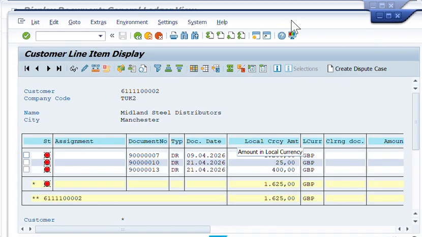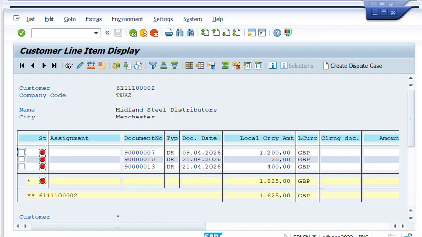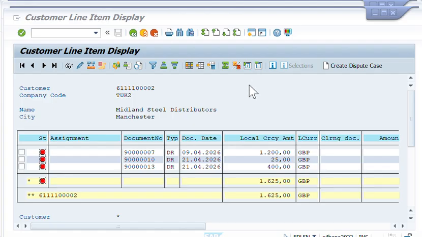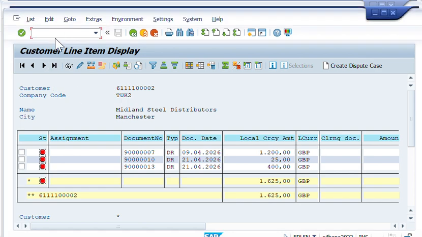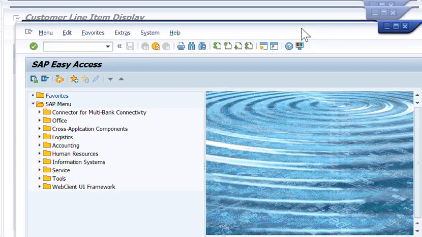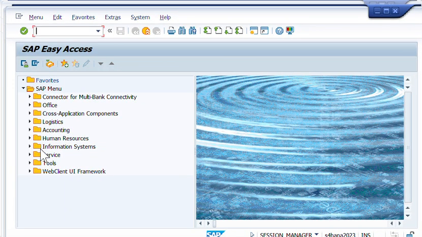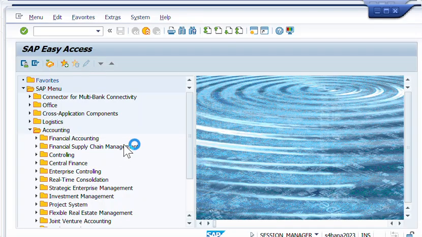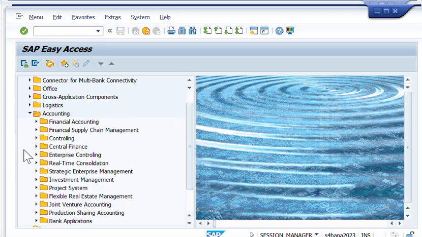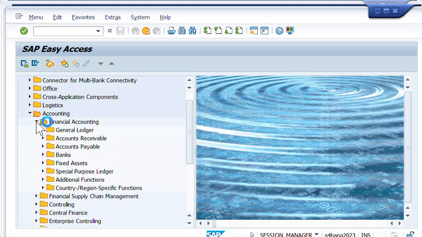Okay. So let's also check the balances for the customer. We can go here. From here, we can type in FD10N, or let's open a new window to help you find it in the SAP Easy Access. So in SAP Easy Access, you can go to accounting, and then in financial accounting, you can choose general ledger, accounts receivable or accounts payable. Let's go first in the